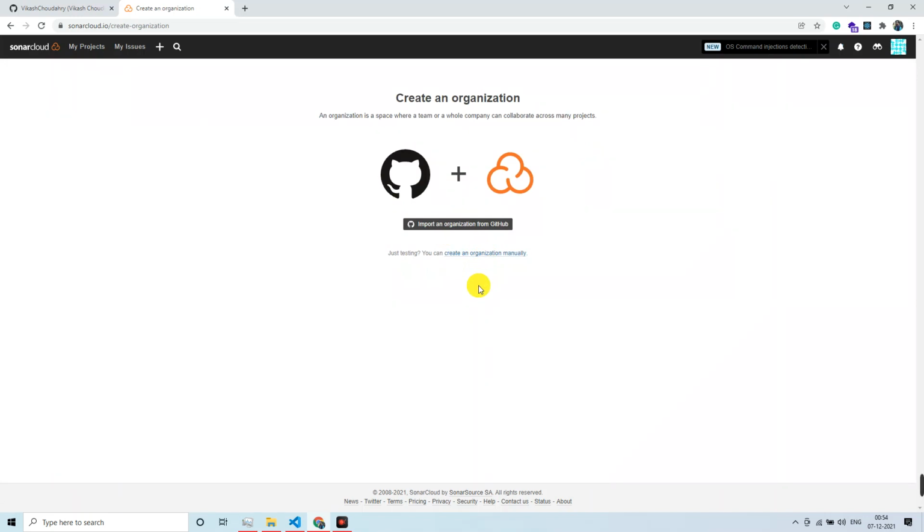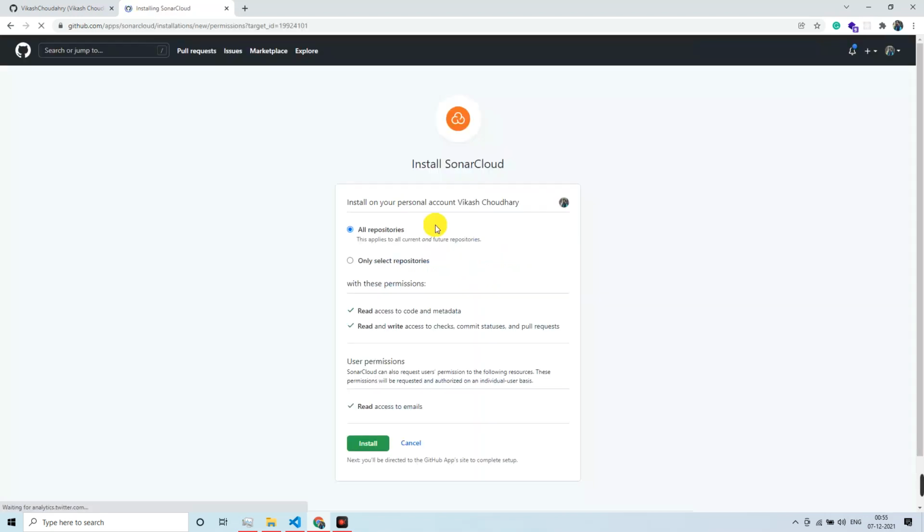From my experience, the recommended way is to simply go with importing an organization from GitHub, because if you're doing this for your project, of course you will do the same thing, so that whatever repos you have within that project, you can simply bring into Sonar Cloud for the selection of that specific repo, so that the Sonar Cloud scan gets started, right? So here you see two options, all repositories and only select repositories.